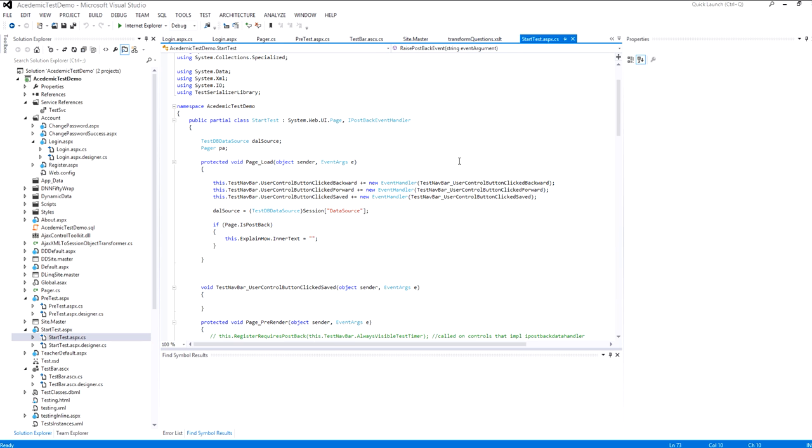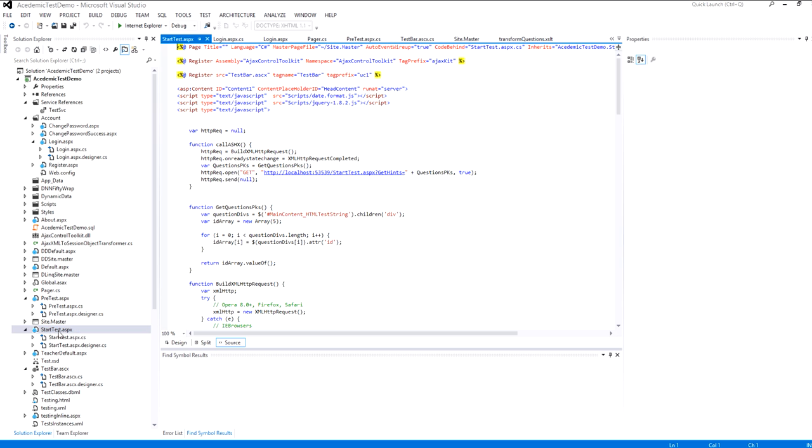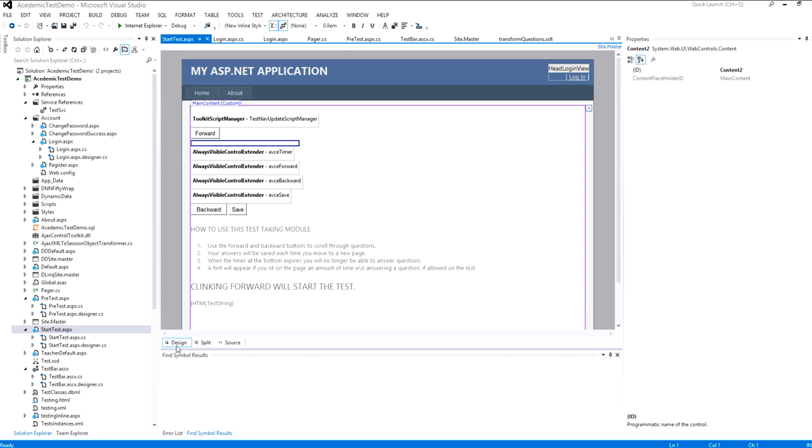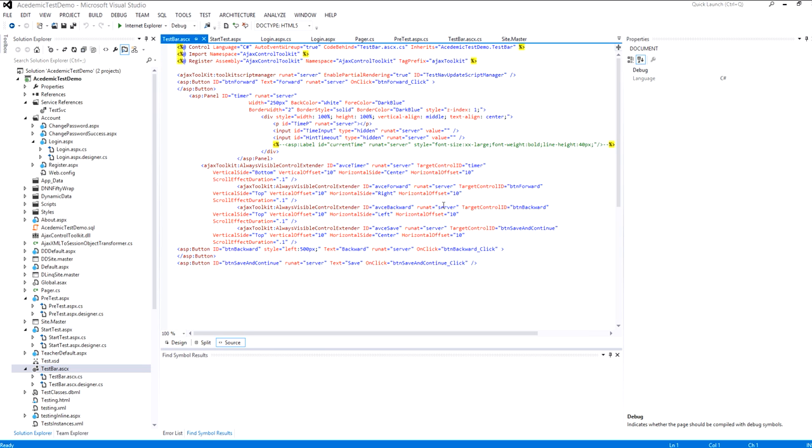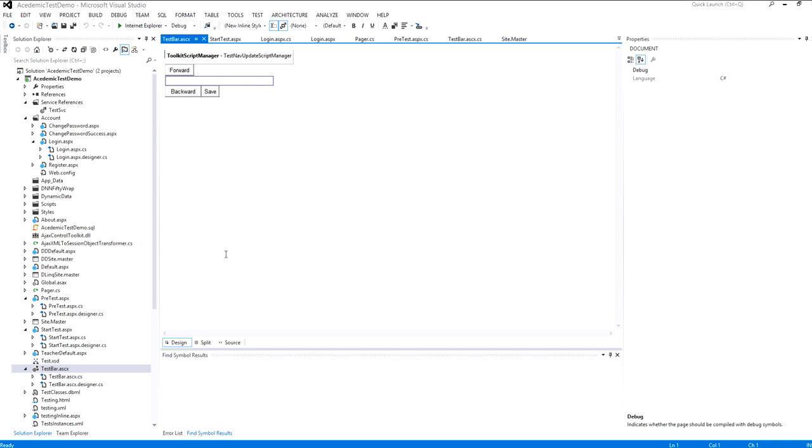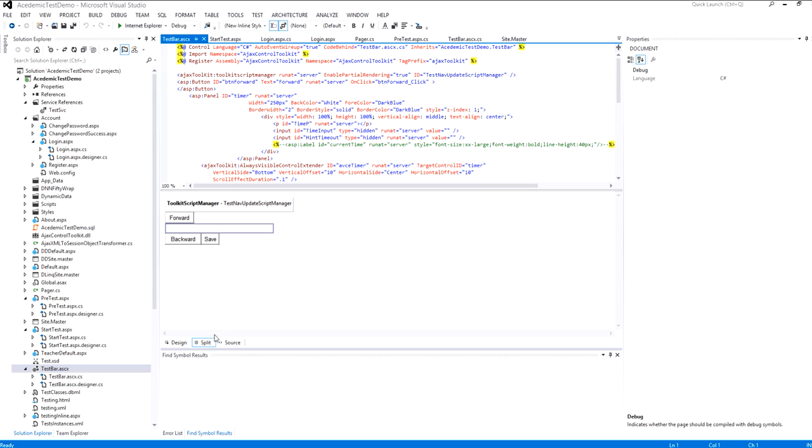And here in the start test page, I have the user control testbar.ascx. I wrote this as a user control so it could be reused also. It has a button backward, button forward, and a button save. It also has a JavaScript timer and uses some of the Ajax control toolkit. So the test bar simply pages through the string array results returned by pager, and then in start test